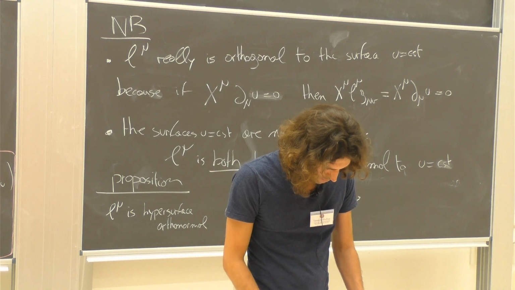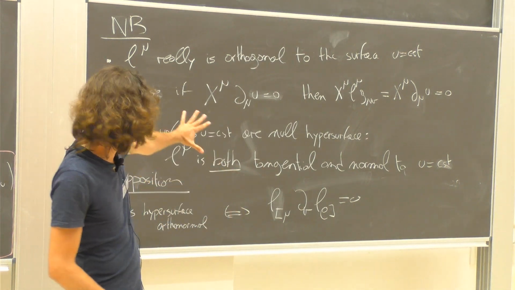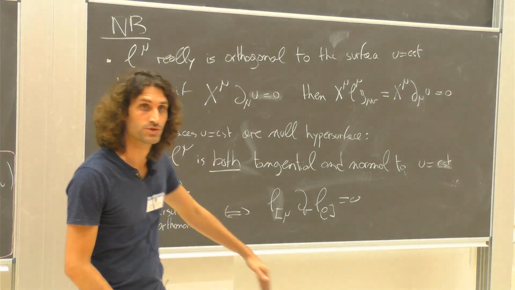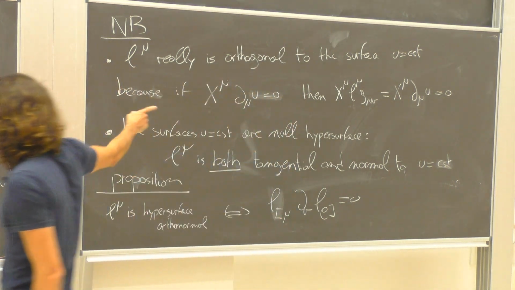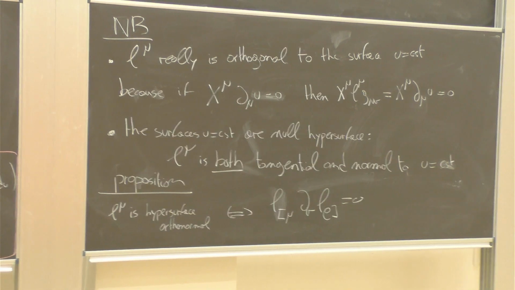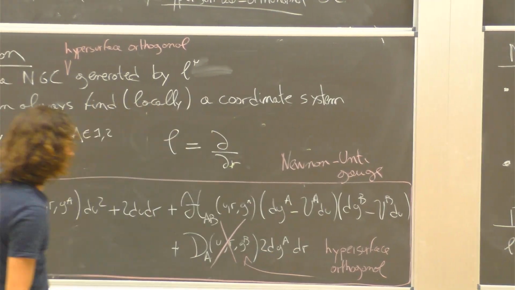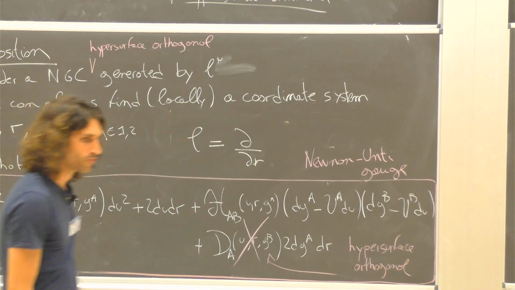That makes it work. But yes, it's not about coordinates. This is really a constraint on the type of vector field that you're considering. But when this is true, then you can construct this coordinate system where u plays a very specific role, because the y's don't appear here. This term does not appear.